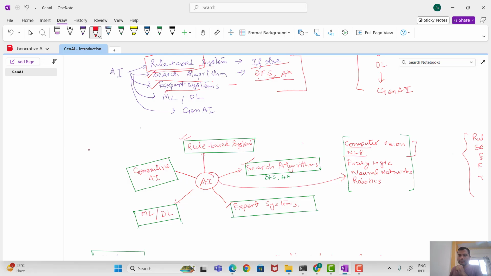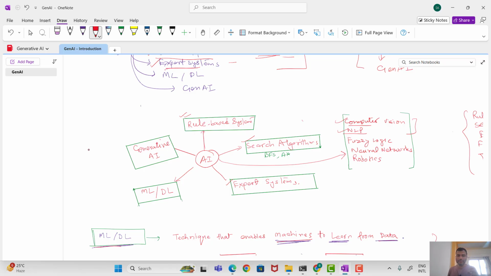Okay, so some were computer vision and natural language processing. So don't confuse with nowadays natural language processing with deep learning and computer vision with deep learning and machine learning. Okay, so these were computer vision and NLP before machine learning, without machine learning and deep learning. So these were the approaches to achieve machine intelligence. One of the most important breakthroughs or achievements in artificial intelligence was the invention of machine learning and deep learning.